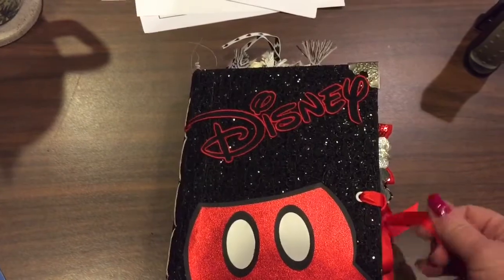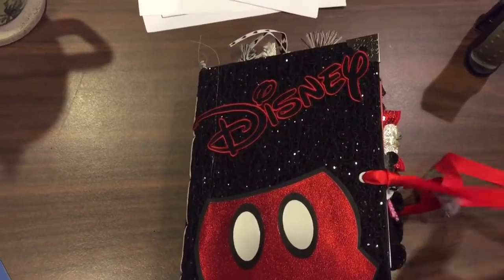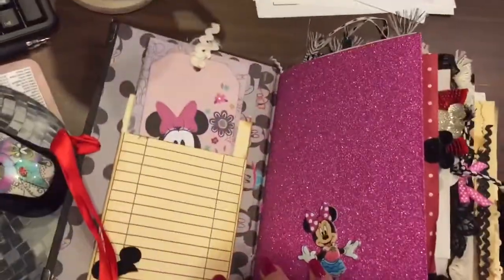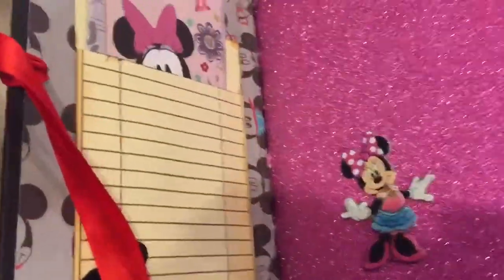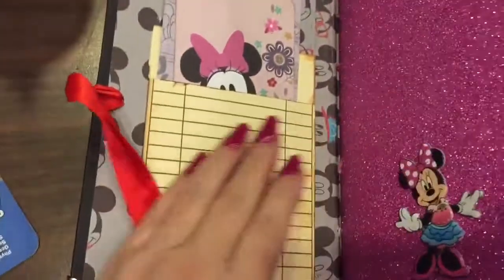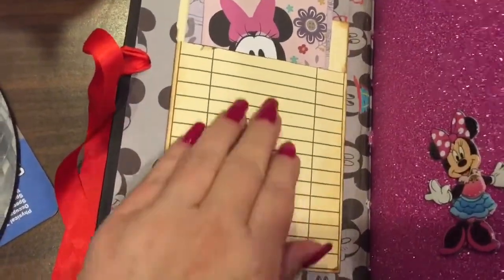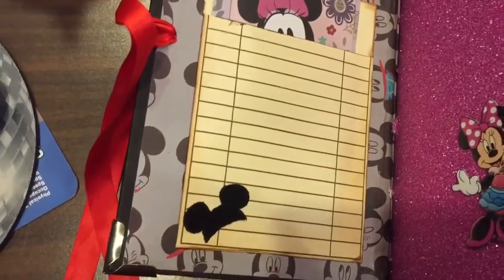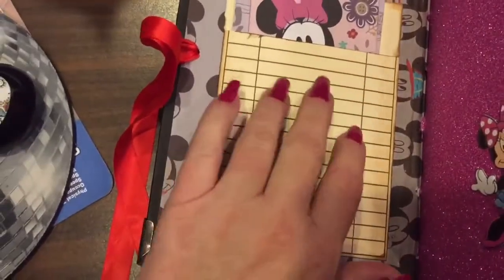So first thing is open this up, and I just used some ribbon to hold it. This is just some really pretty red ribbon eyelet here. And when you open it up, first thing you're going to see, excuse me, I'm getting a little bit of allergies and cold here, this is made out of some old stuff that we have here at work. We use file folders that have these on them for charting, and so I cut that up and used that as my